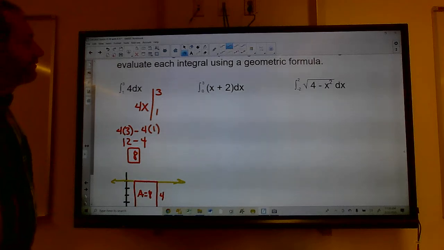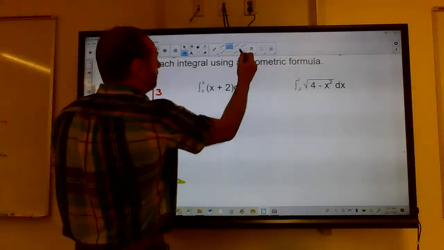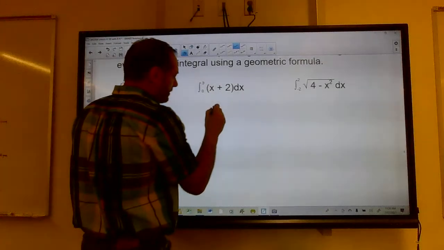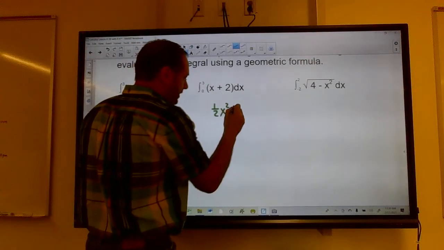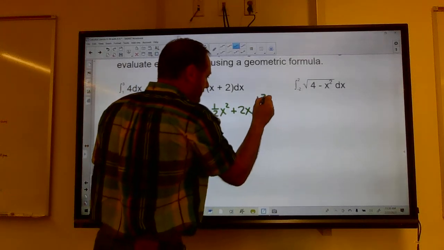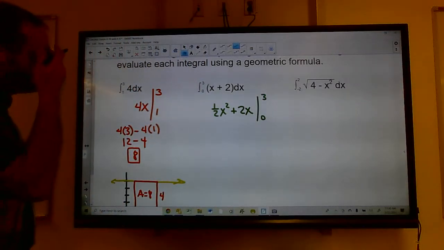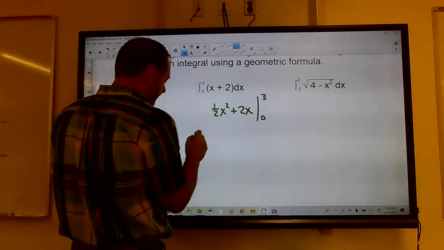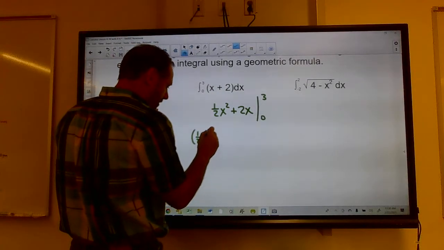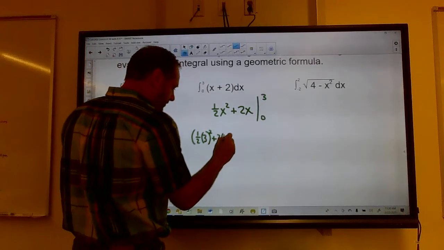Okay, the integral from 0 to 3 of x plus 2 dx. All right, so I'm going to integrate this: 1/2 x squared plus 2x evaluated from 0 to 3. So first I'm going to plug in 3. So I'm going to get 1/2 of 3 squared plus 2 times 3